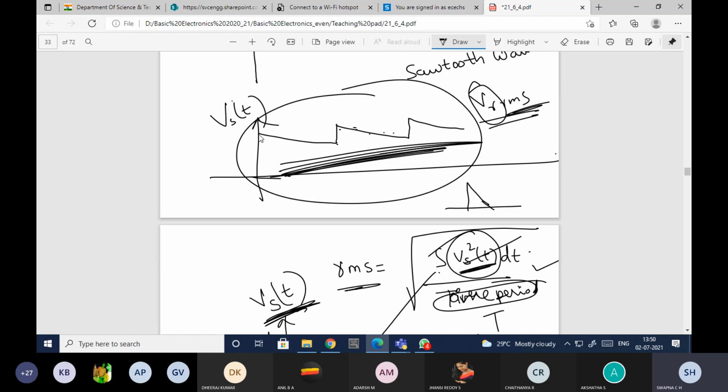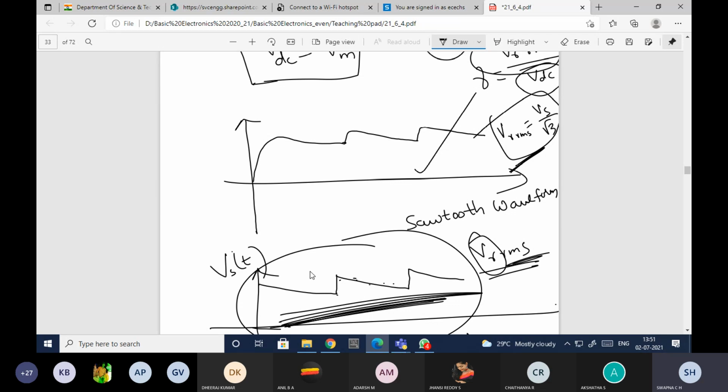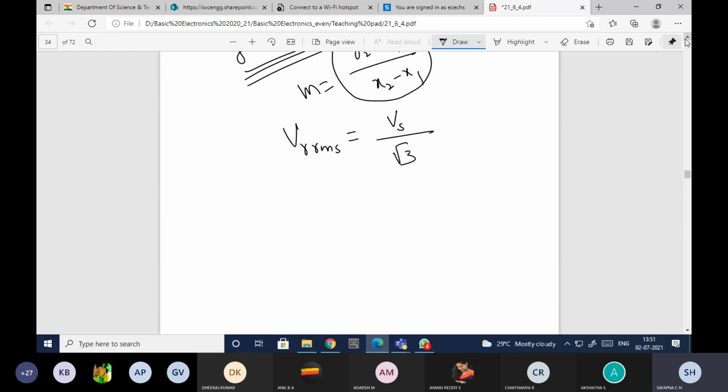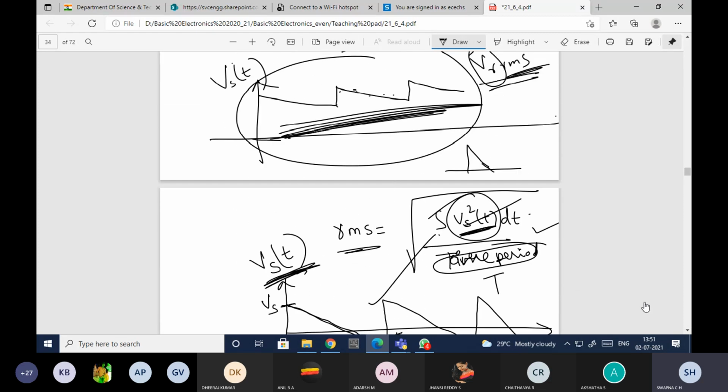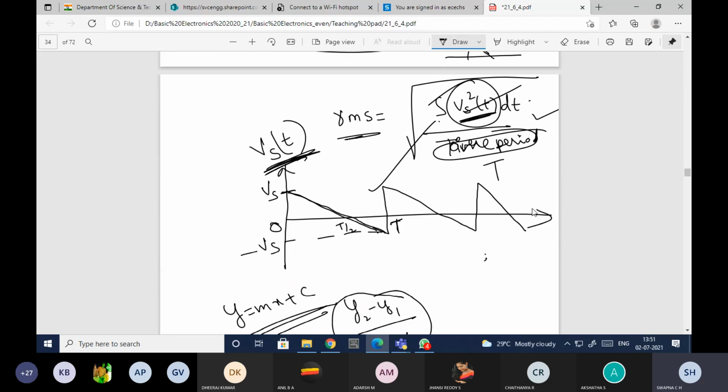Since it looks like the sawtooth waveform, I am equating it to the sawtooth waveform, and since it has the offset voltage, which would make it difficult to find the equation, I'm just removing the offset and bringing it back to the ground level. The time period here is from 0 to T, because you had the waveform in this way, and we have considered the discharging time as T.